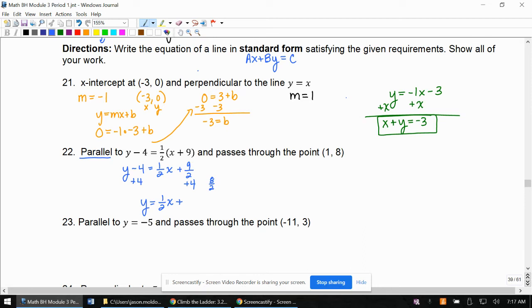So 9 halves plus 8 halves is 17 halves. All right. So next, I need to start building my new equation. My new equation, which I'll do in orange again, is going to have the same slope. And my new equation is going to go through this point. And I'm going to ignore the blue work now. All right, so we have 8, which is my y, 1/2, which is my m, 1, which is my x,